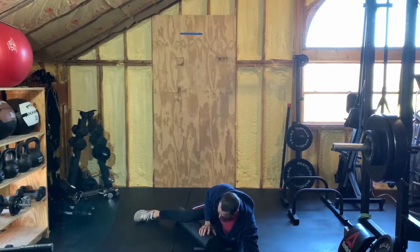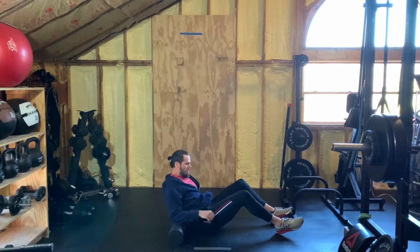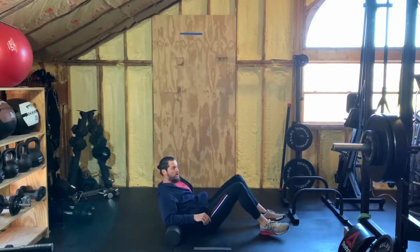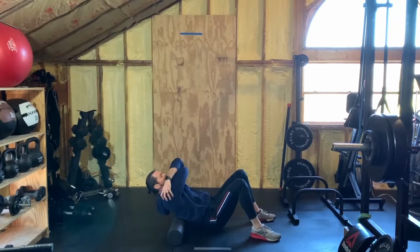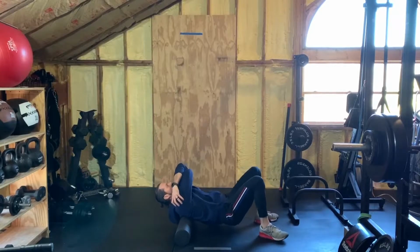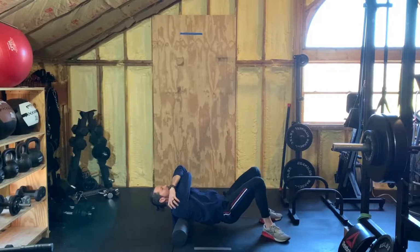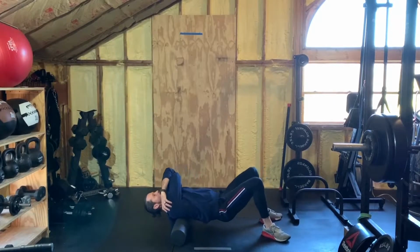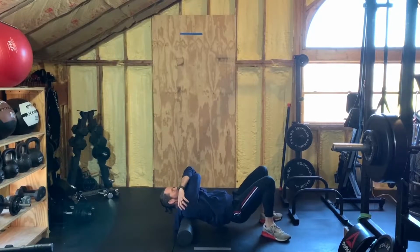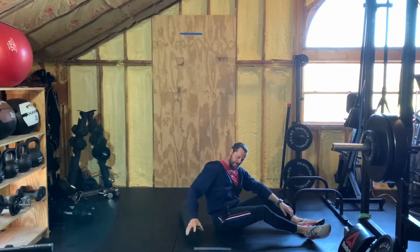Adductor area. You can always roll your back. Try to keep it above mid-back, right where the ribs start, just for safety there. Cross the arms. If you can touch elbow to elbow, do it. And you just basically roll up to the shoulder blades and back down. Stay away from the neck area. Try not to roll your hood under the roller so that you limit your movement. And again, stick anywhere that you feel